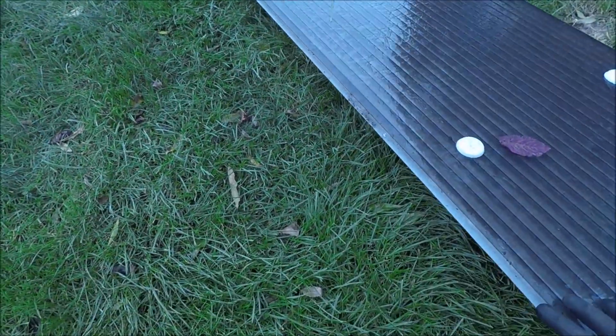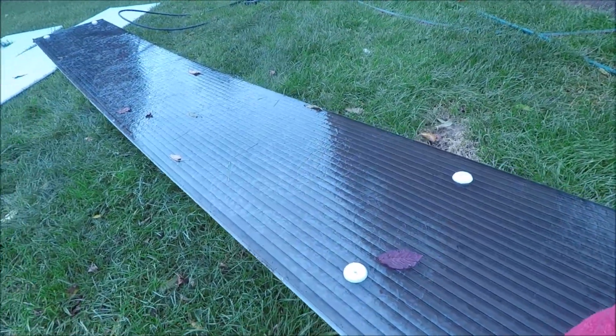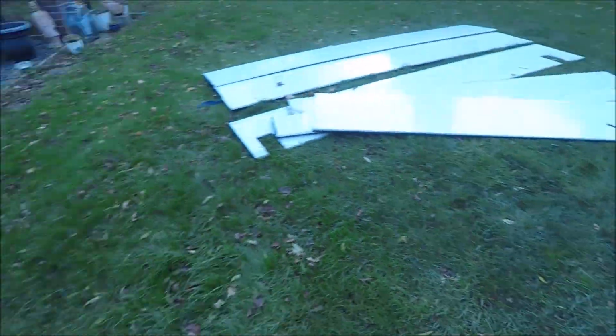That's the polycarb all jetted off, just cleaning the crap off that's been sitting on it, like mud, leaves, spiders' webs and all that kind of junk. So this is what I use. It's a 5-wall one. It's not clear, it's opaque on the back and it's tinted on the top bit. So basically all I do,